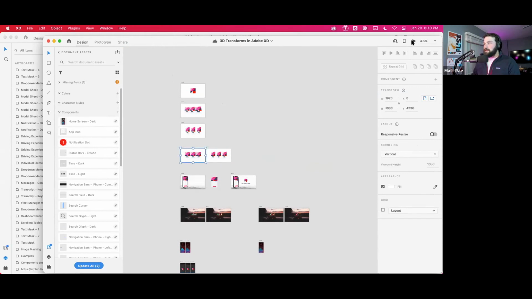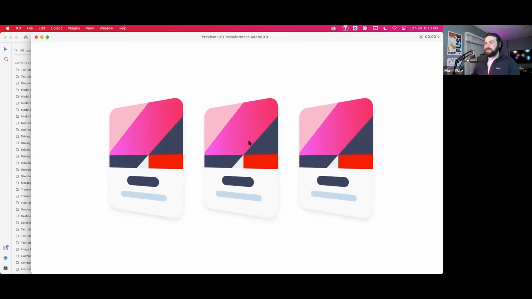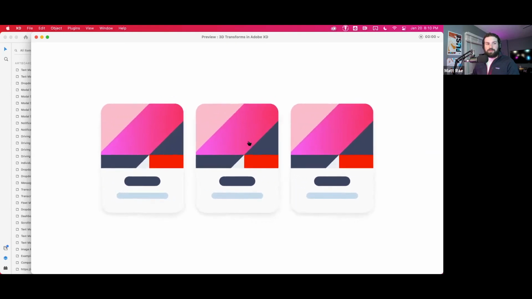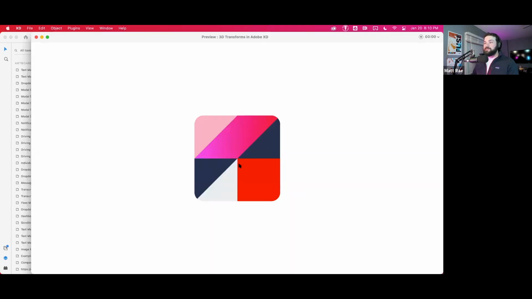Here's the 3 cards animated. So again, auto animate works with 3D transforms as well. E-commerce products for sure. Lots of opportunity. And this is an intro flow I did for the